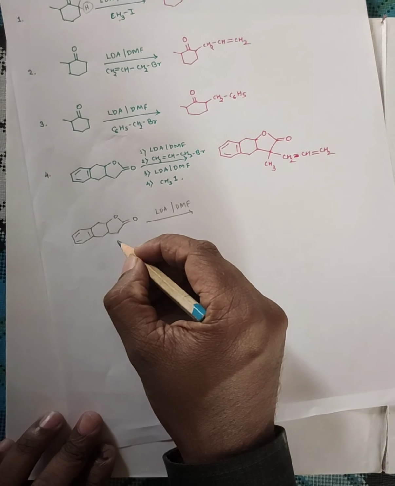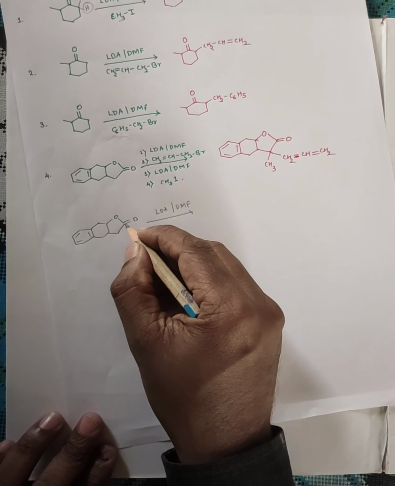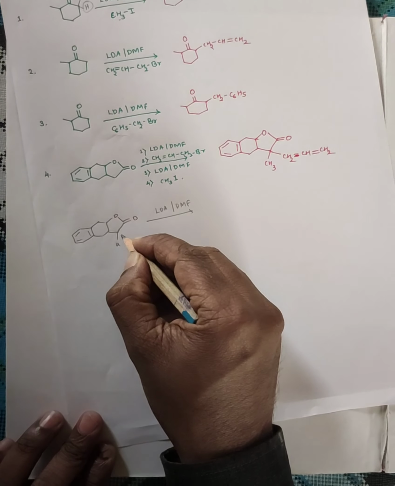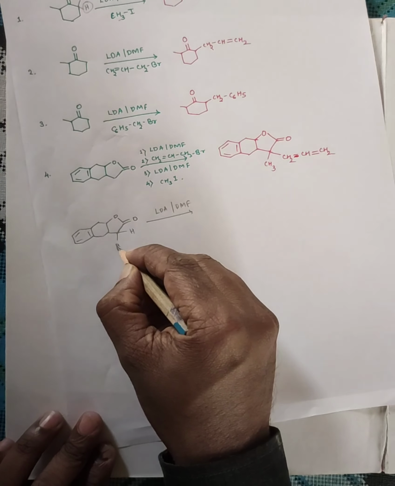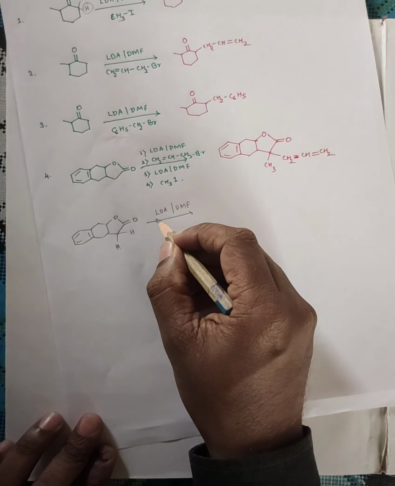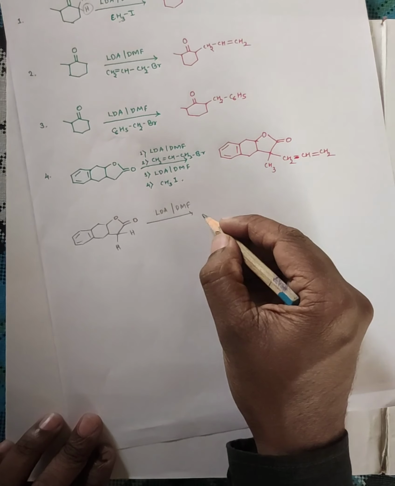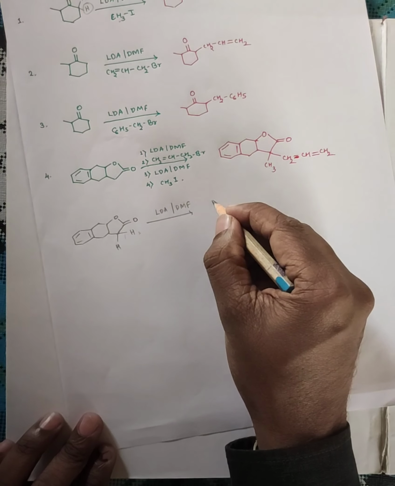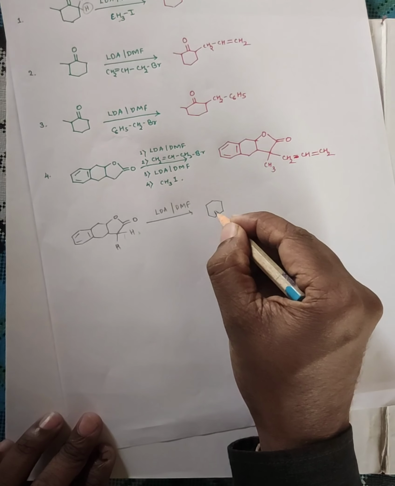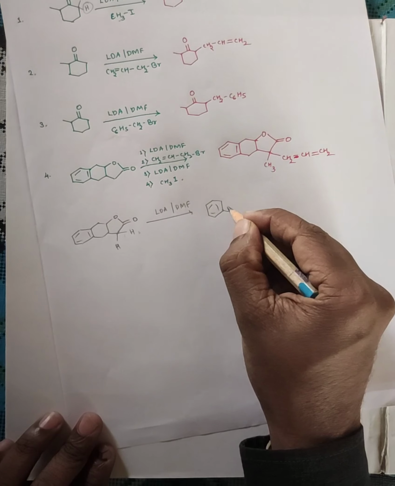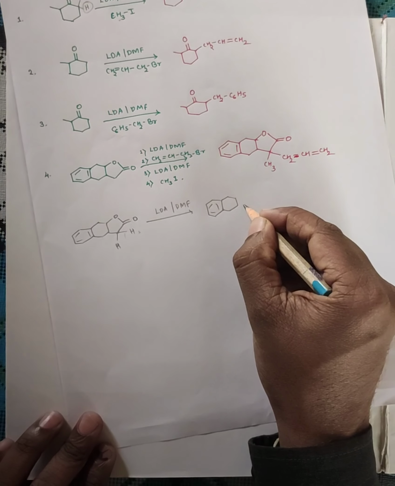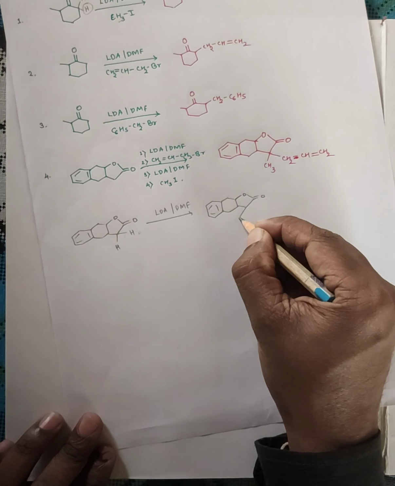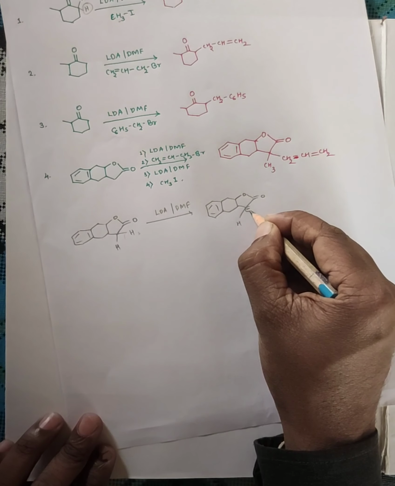Now just look into the structure. You just need to find out the alpha hydrogens which are next to the carbonyl group. There is a carbonyl group. Here there is no alpha position, but here you can see there are two alpha hydrogens. Okay, two alpha hydrogens. When you treat with LDA, it will abstract one of the hydrogens and make this a carbanion. Okay, it generates the carbanion. Yes or no? Okay. Now one hydrogen is left out. Here there is a negative charge.